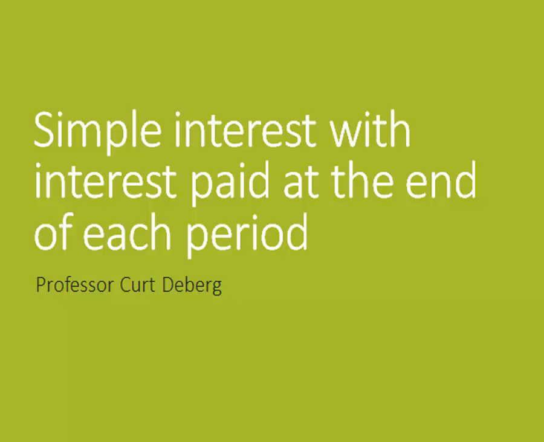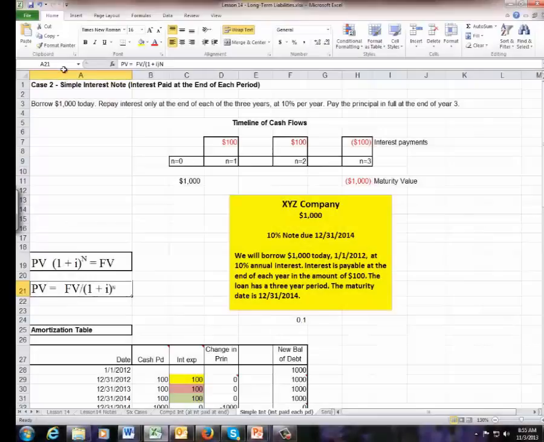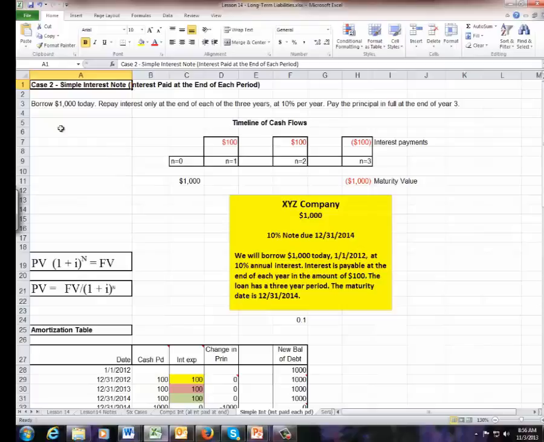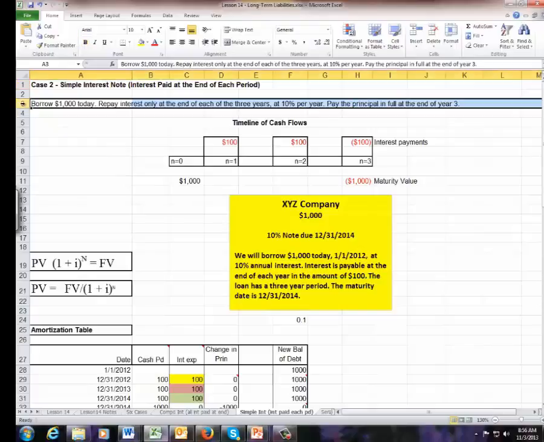Welcome to Lesson 14D. 14D is entitled Case 2, Simple Interest with Interest Paid at the End of Each Period. Let's click on our second tab here, and here we have Case 2, Simple Interest. If you've looked at video 1, you'll see a lot of similarities, but the only difference between Case 1 and